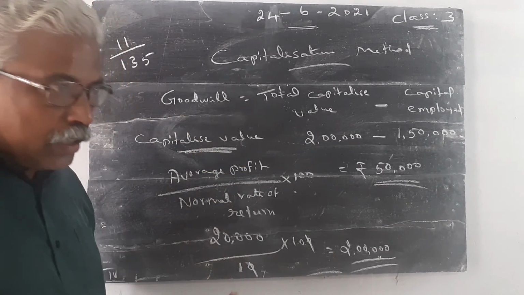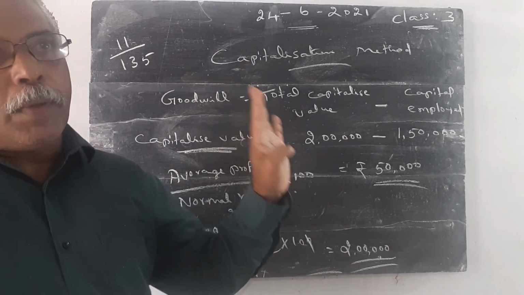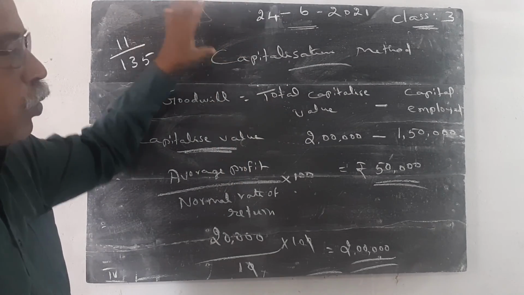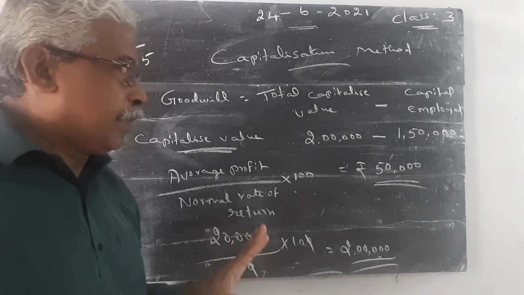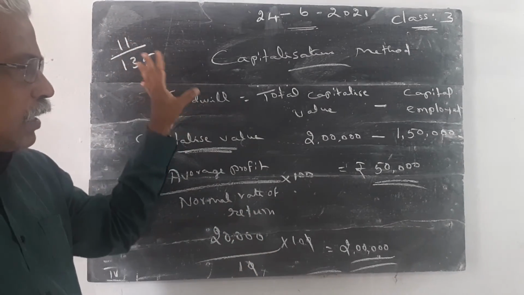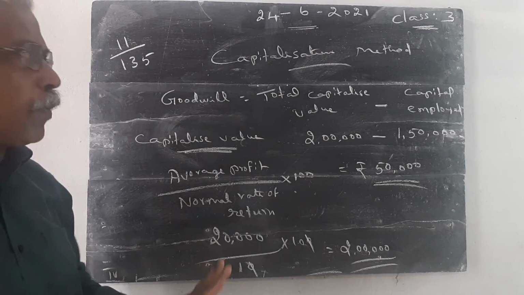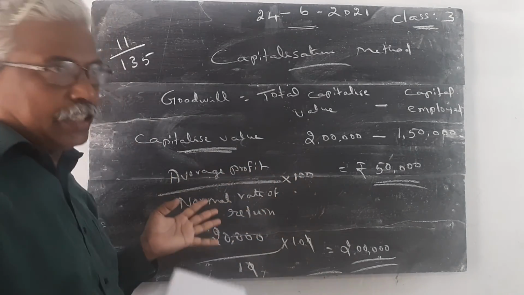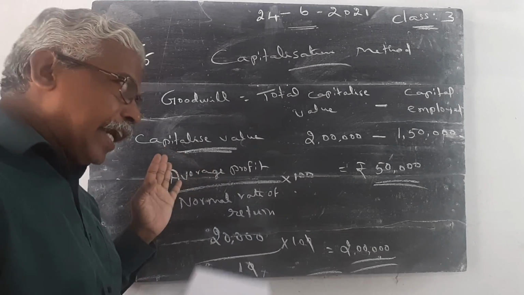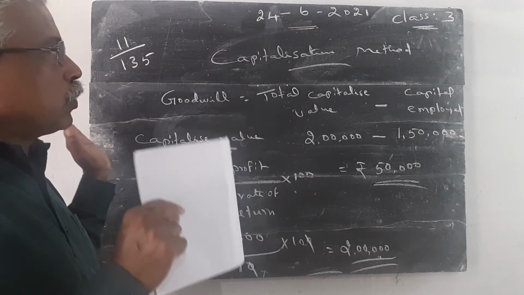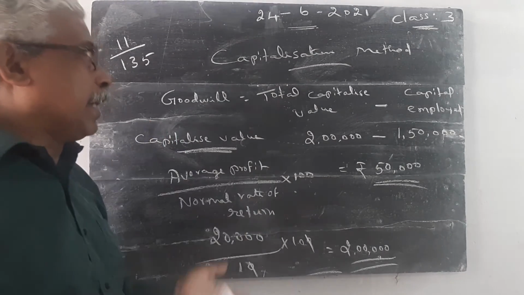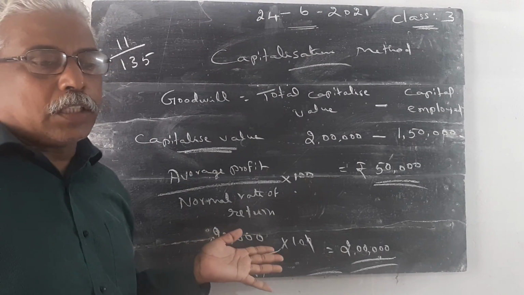Once again I repeat, in the previous public examination, 11 mark questions were asked from the goodwill chapter, unit number 4. Try to complete all the problems, they are very simple problems. Do the problems again and again without referring to the exercises, without referring to the guide. You have to solve the question yourself. If you are thorough, you will do the problem again and again. You will get good marks in the annual examination.